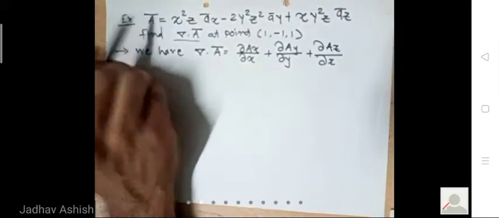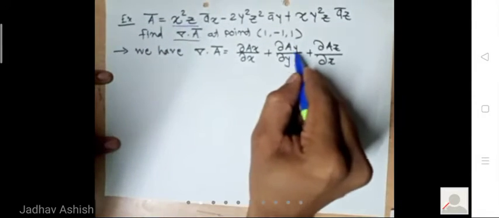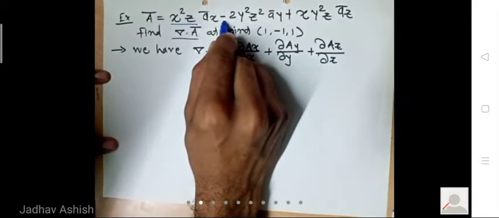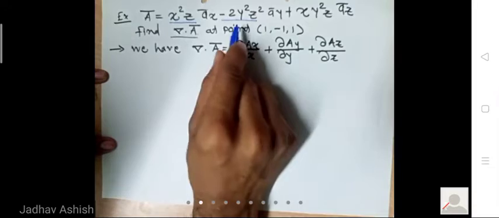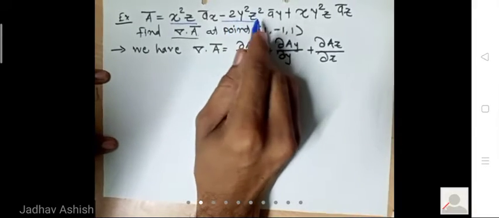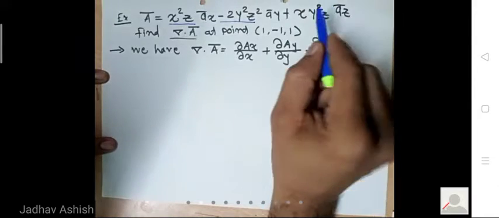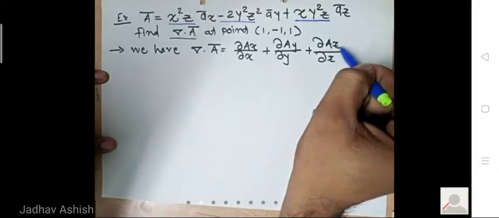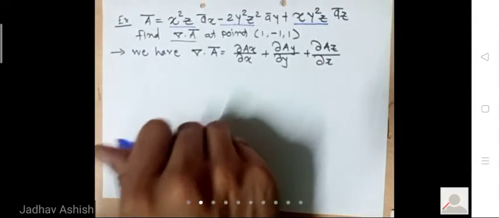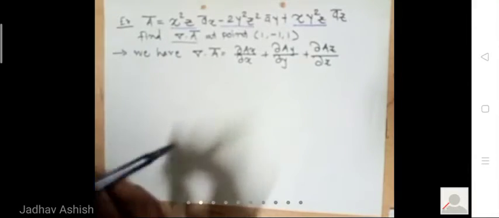So if you observe this, you will find this Ax term here. This is your Ax. You can find this Ay over here along with the sign also. So Ay is minus 2 y square z square. Then this Az you can find here. X y square z is the Az, right? So if you find all those three components, all those three terms, you can proceed to obtain